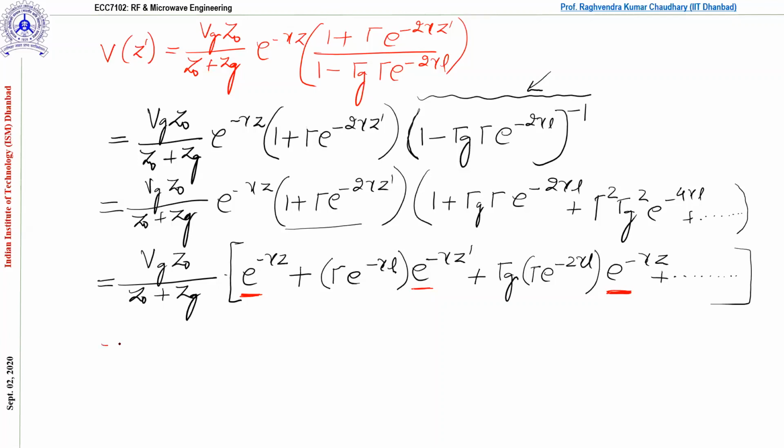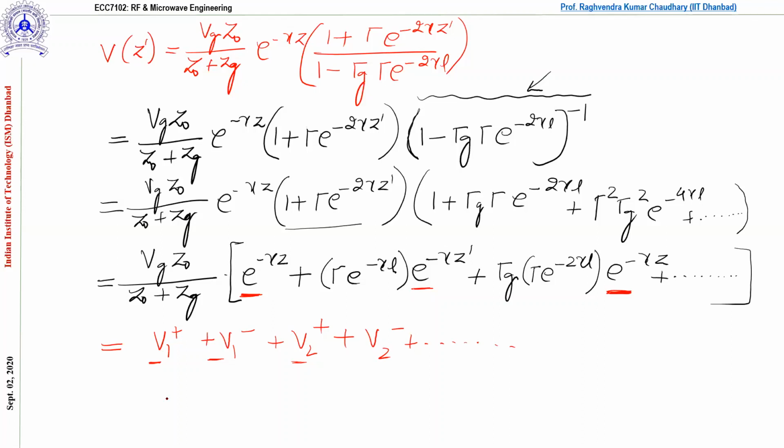So finally, what we can write? We can write these things: v1 plus, v1 minus, plus v2 plus, v2 minus, like that, where this is the first. Initially we are launching it as v1 plus, then it gets reflected from the load side, and this is v1 minus. Then again it gets reflected from the source side and we call it V2 plus. Then again it gets reflected from the load side, second cycle, it is V2 minus, and keeps going on. And it will settle at a certain time, correct?